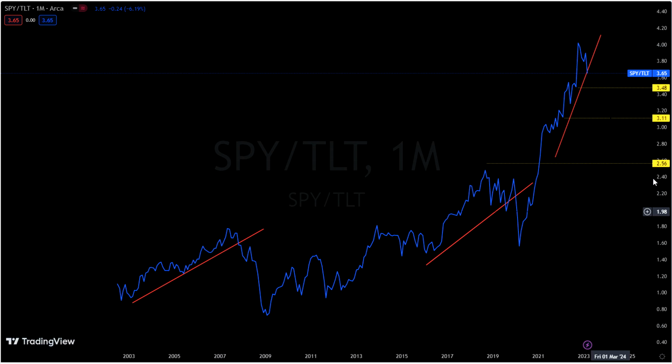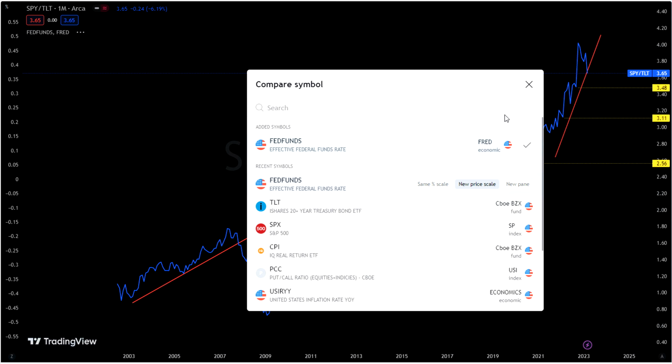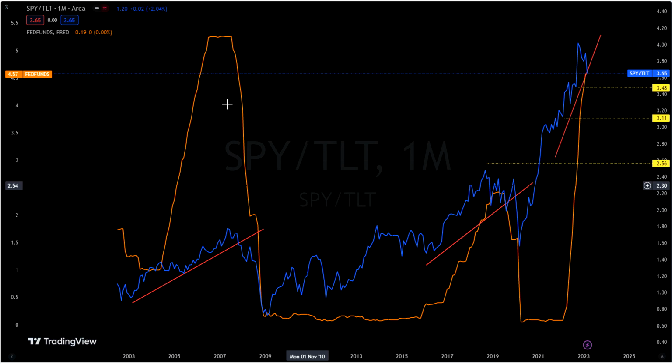So when the Federal Reserve increased or pivoted the Fed funds rate, let me just add this one. Fantastic. When the Federal Reserve paused and pivoted, the stock market went down. This means TLT is outperforming the stock market. Here is another scenario, 2018, 2019. When the Federal Reserve pivots the market sharply, look what happened. TLT outperformed the stock market.